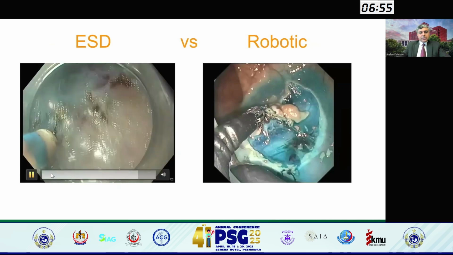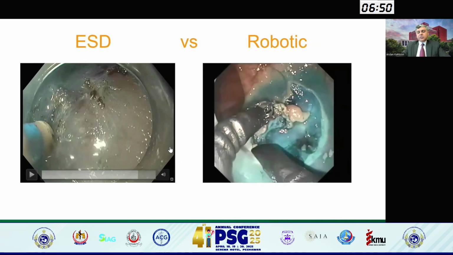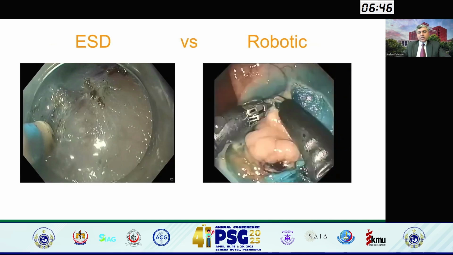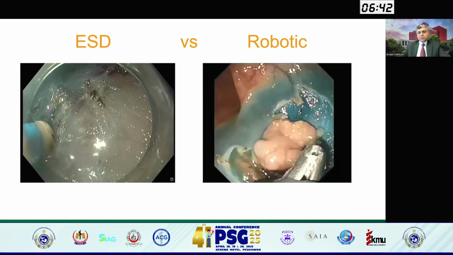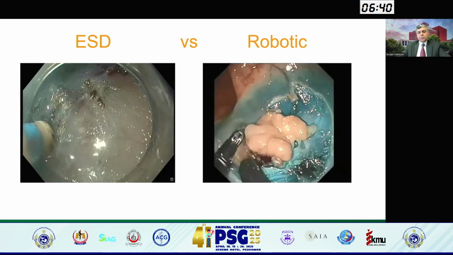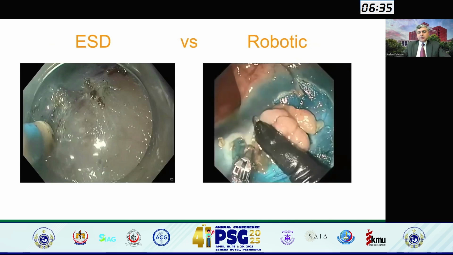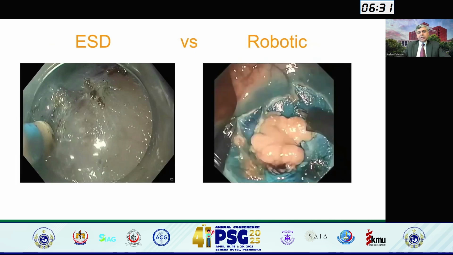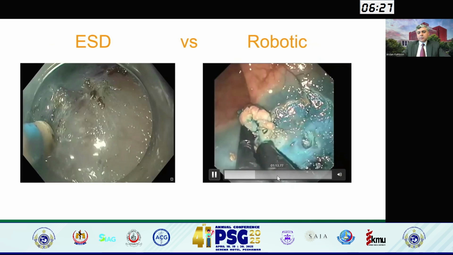Whereas if you now look at how the robotic platform can help us with that, it would give you the ability to have counter traction with one arm, where endoscopic scissors or other different kinds of instruments like knives can really help perform more sword-like resections, which can achieve results much faster and quicker, where you're able to actually see better with counter traction.